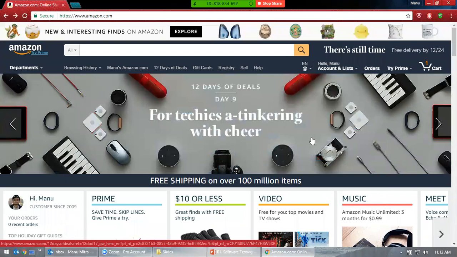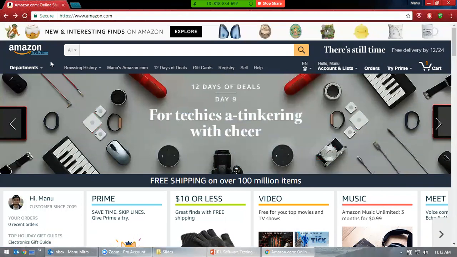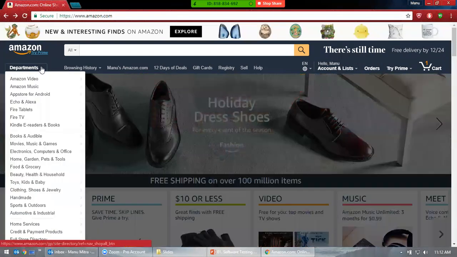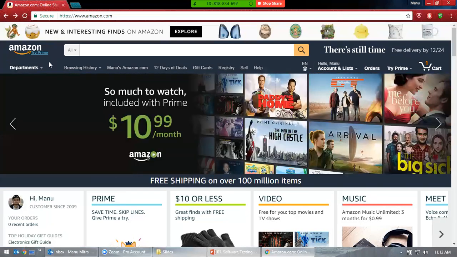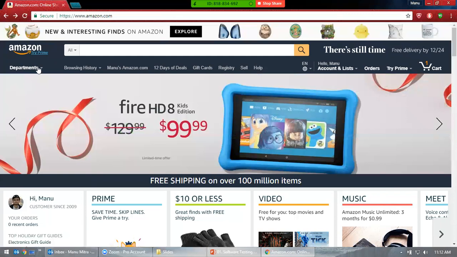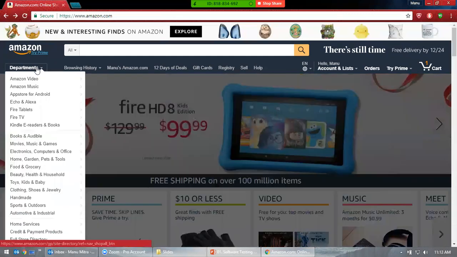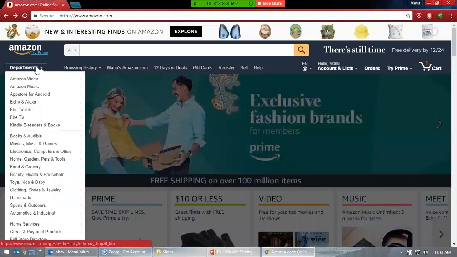If I hover my mouse over this department section, see this, I hope everyone is looking at this. I'm hovering my mouse, I'm not even clicking. This option doesn't have a clicking option. You don't even have to click any button here. I'm just hovering my mouse over this department and something is happening. Can anyone tell me what's happening? What are the features you can see here?